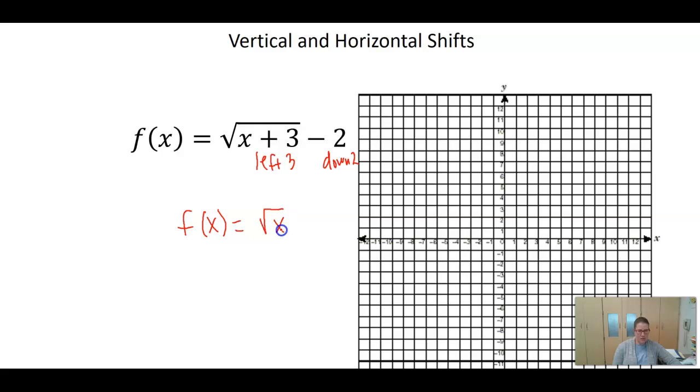So the parent function is f of x equals the square root of x. So the square root of x sits at 0, 0, and then heads off this way. It's like a little half rainbow thing, right? So that's what the function looks like, the parent function. So this is what we're moving, left 3 and down 2. So right there is where it would start now, and then it's just going to head off this way. And I probably drew that way too big,